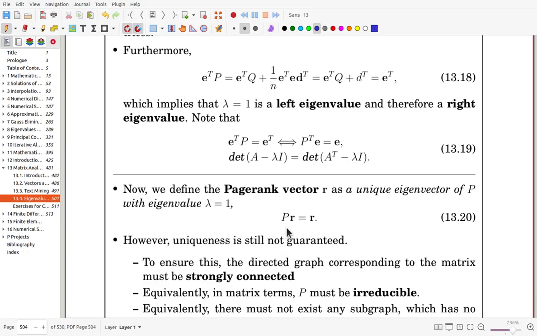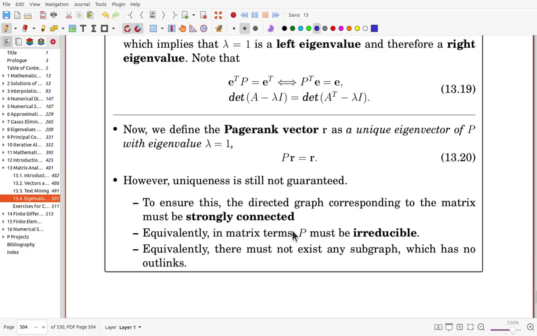However, yet it's not easy. It's not so simple. The question is the uniqueness. The uniqueness still is not guaranteed. To ensure the uniqueness, the directed graph corresponding to the matrix must be strongly connected. In matrix terms, P must be irreducible. However, the given P is not